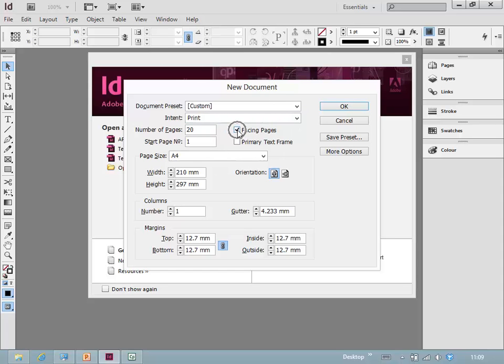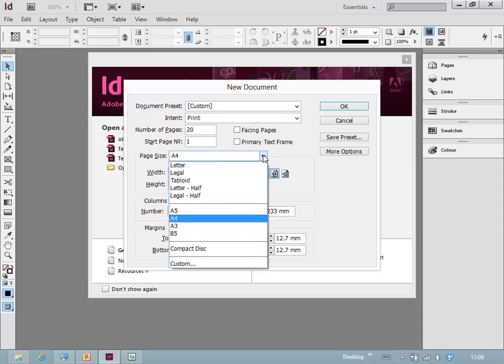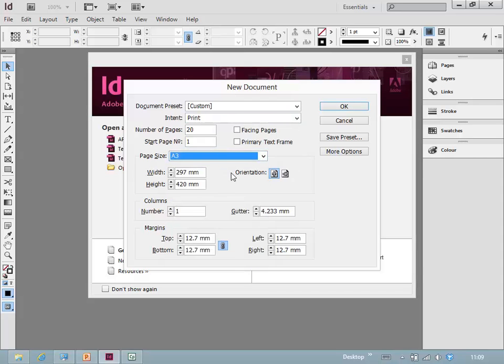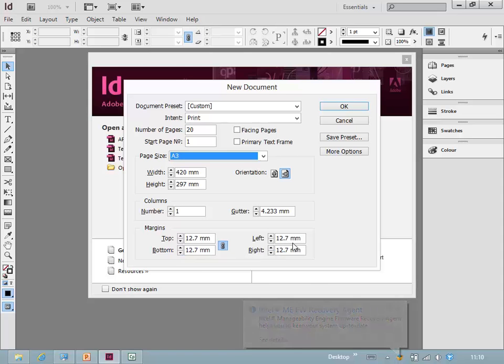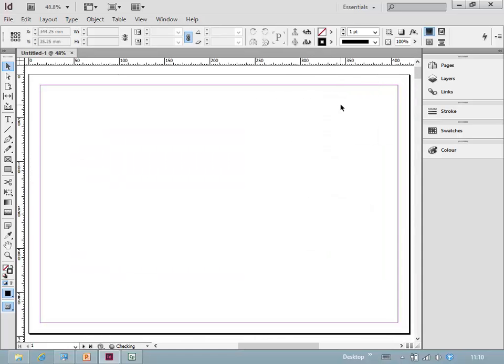Do we want these pages facing each other like in a book? Probably not. You can change all this later. What size? Let's put that to A3. And the orientation there, let's put that to landscape. Columns, I'll just leave that for now, I think. Leave that alone. Margins at the top, the bottom, left and right. We'll just leave that alone, and we will hit OK. And there we get a blank page. Okay, so it's page 1 in our document,